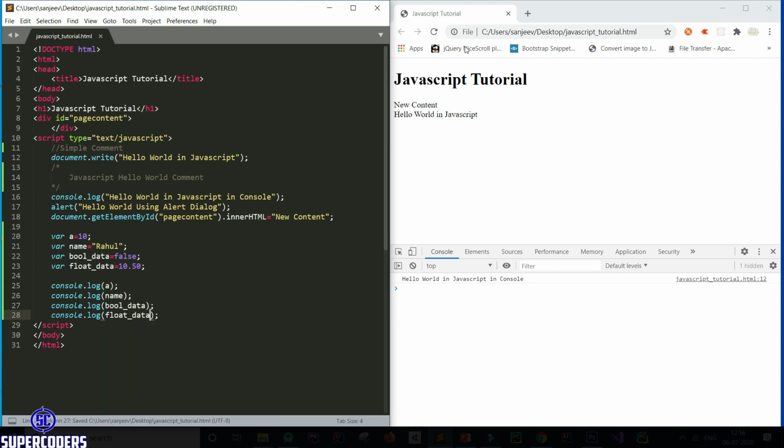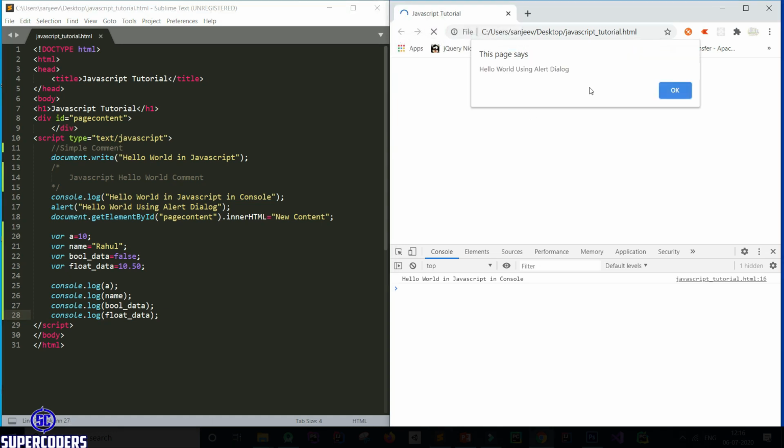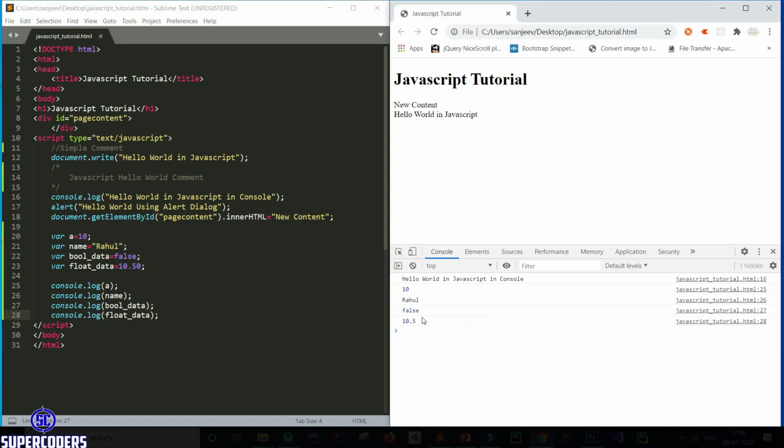Let's change this. So you can see the output of the variables in our console. Let's comment this error message.